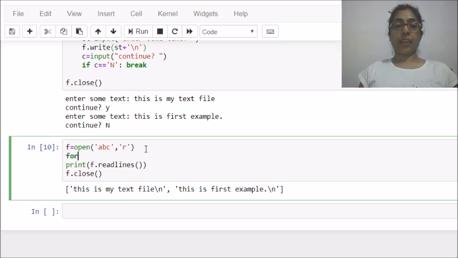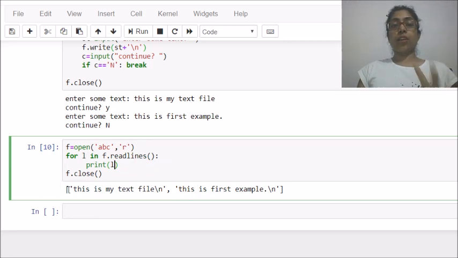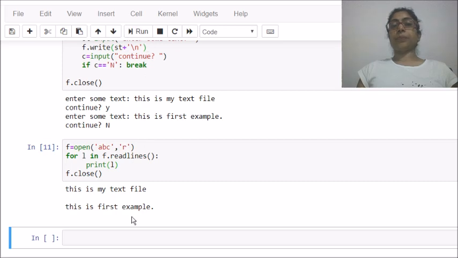So for that I have to write, suppose, for L in f dot readlines. This statement means all the lines, the list of lines, will be stored in this L one at a time, and I will print that L. That means this L will contain 2 elements, first is first line, second is second line. So this is how you can print those lines like this.